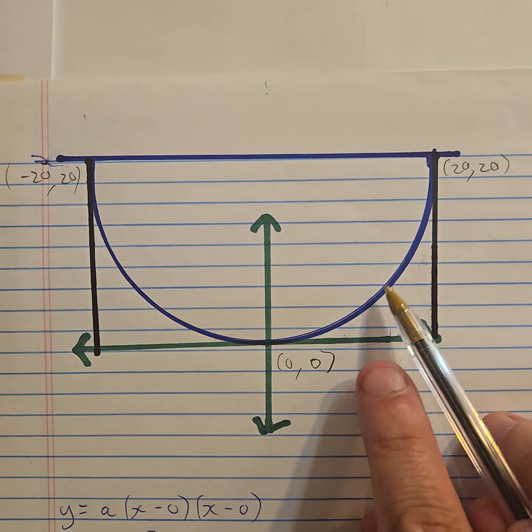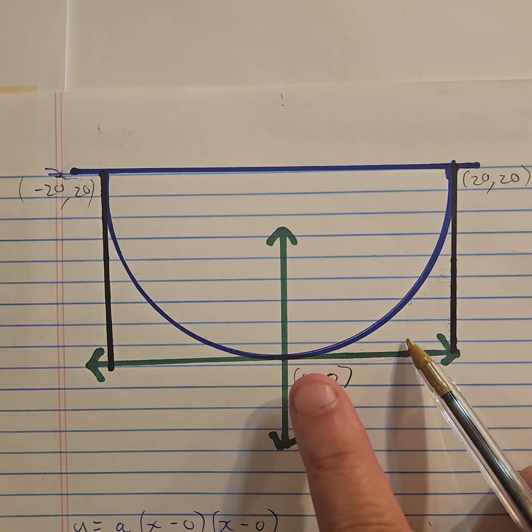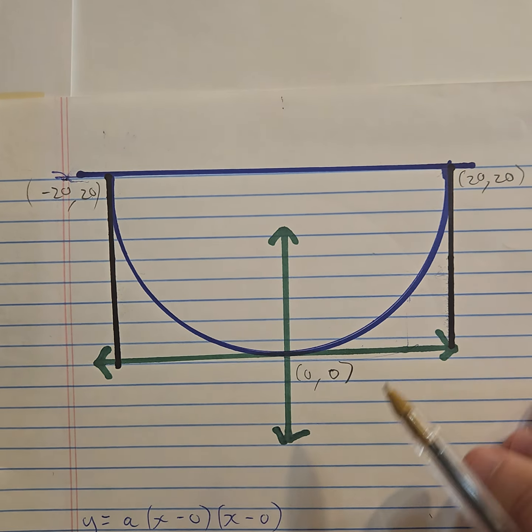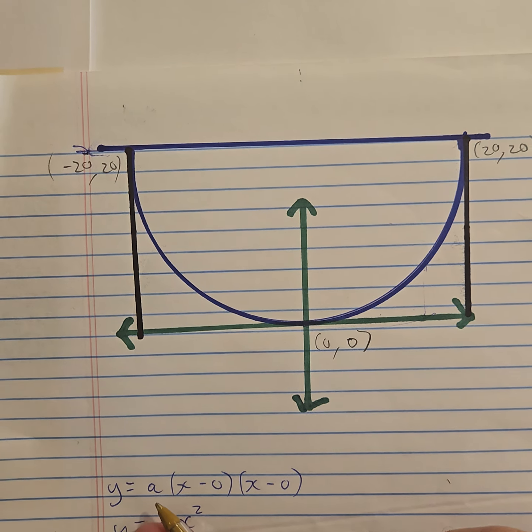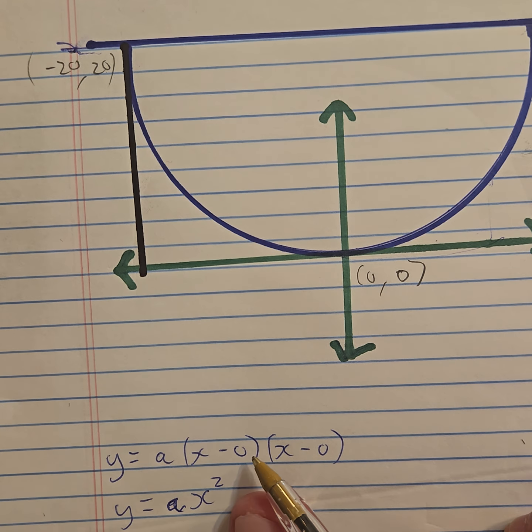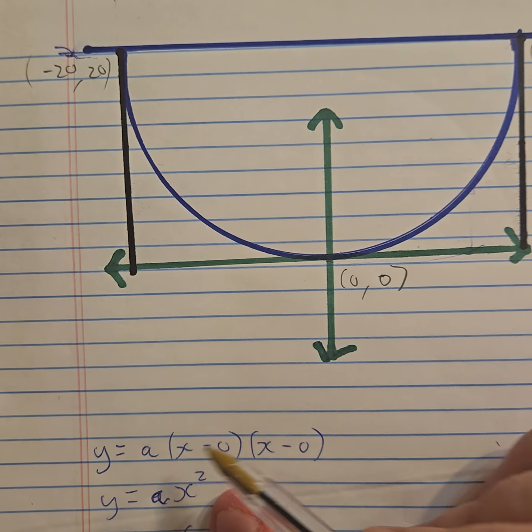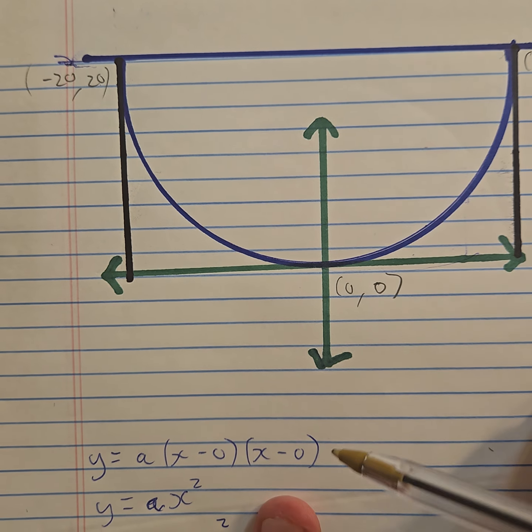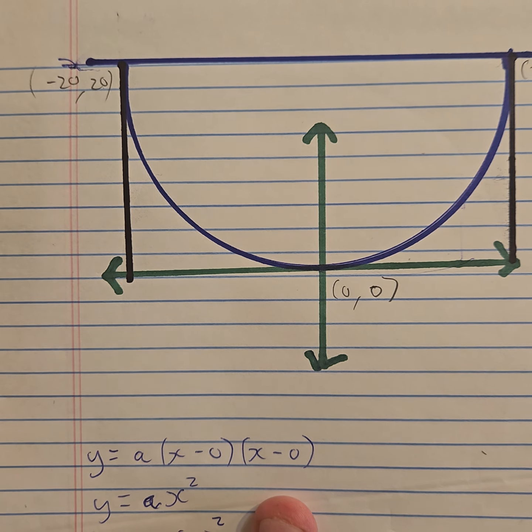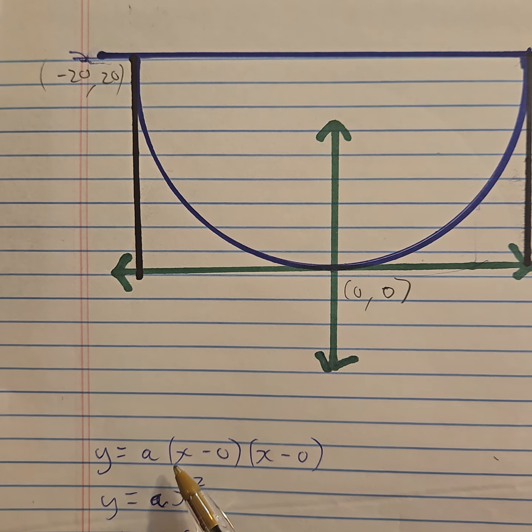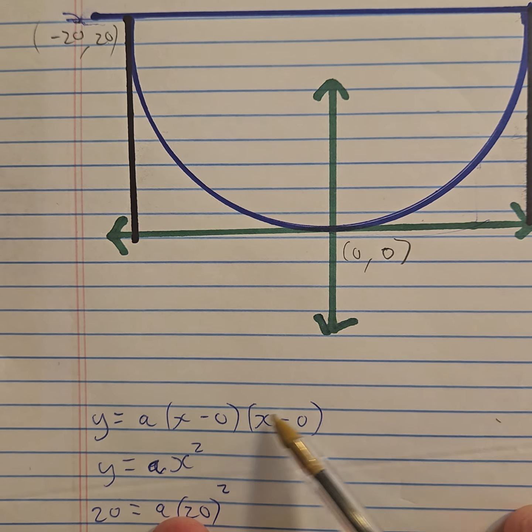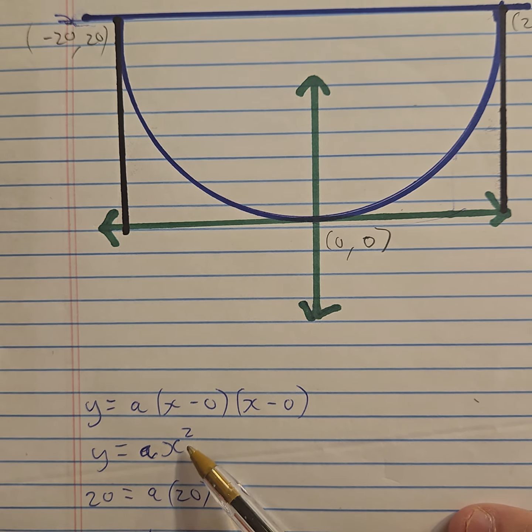Now, I know when the height is 0, X is 0. So 0, 0 is the only point where the height is 0. So I'm going to write the equation. Now remember, it's x minus those intercepts, the values of x that make y 0. So I put x minus 0 times x minus 0. But it's going to be some multiple, which is a, because we're not sure yet. And I simplify that. x minus 0 is simply x. That's x squared, x times x. So y equals ax squared.